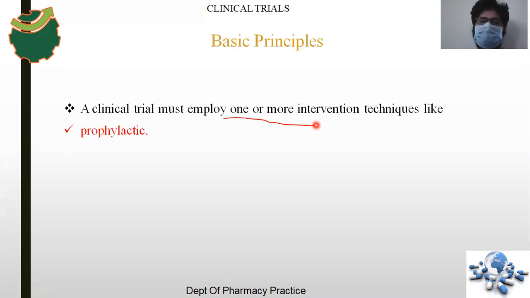First one is prophylactic, meaning whichever drugs, devices, or vaccines you are going to use are for prophylactic or disease control. When we do any surgery, we perform certain pre-operational procedures like giving prophylactic treatments, like nil by mouth, TT, or a lidocaine test dose or certain antibiotic test dose. Those are for prophylactic use.